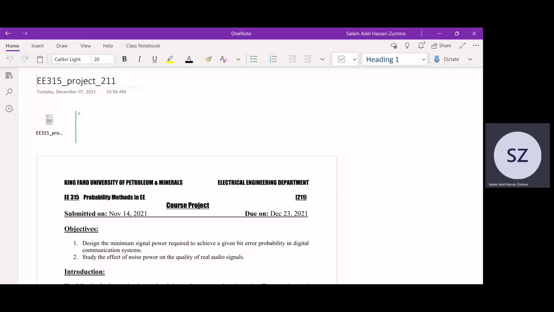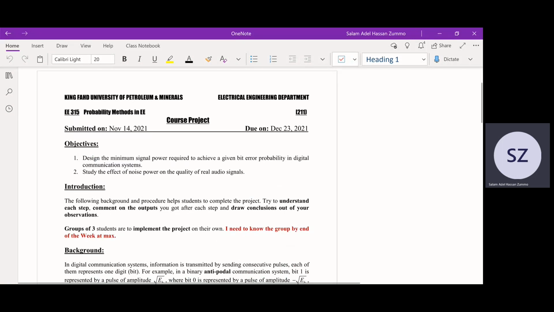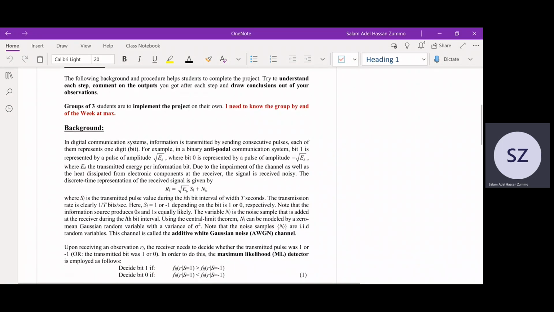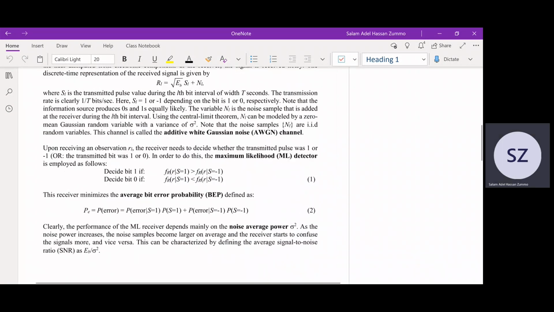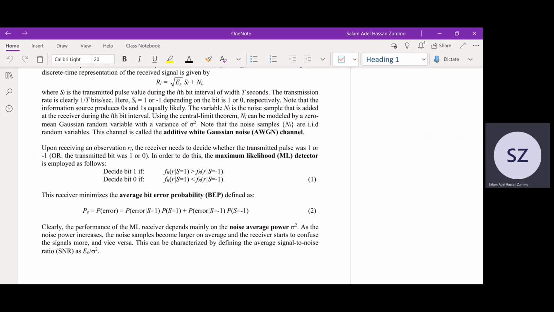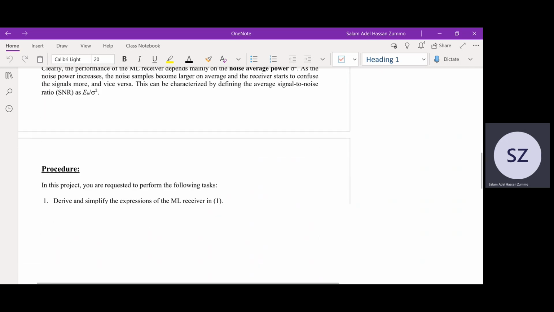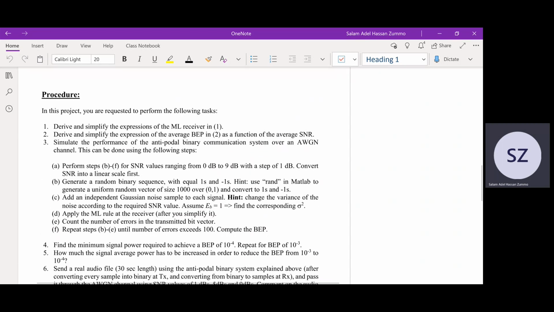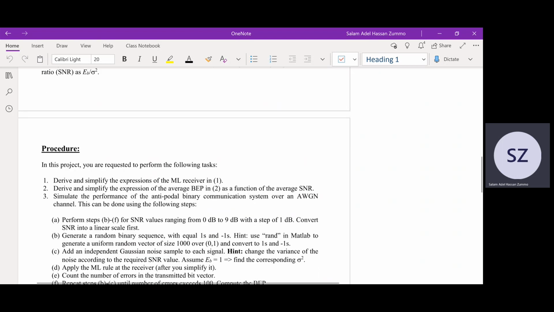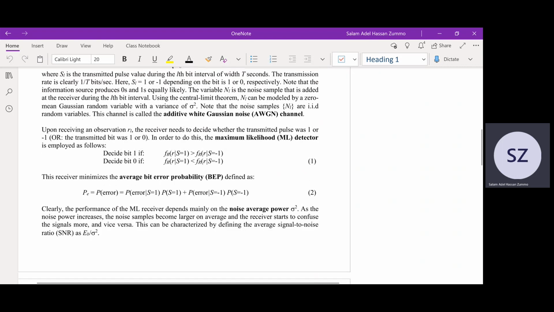So related to the project, just quick points on the derivation. We'll talk about all these details, how to do the simulation and so on. However, I think most of you are probably stuck with the derivation that is required: the derived and simplified expression for the MA receiver, and the derived and simplified expression of the average bit error, which is a function of the average SNR. So just quick